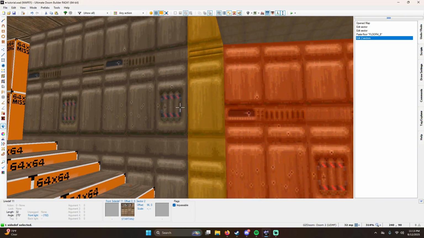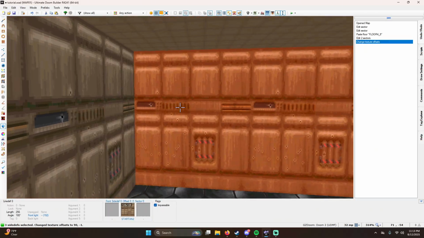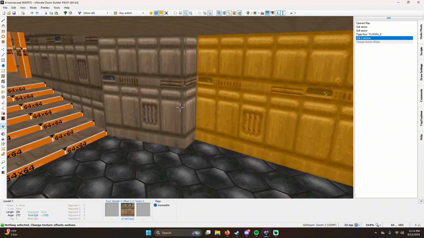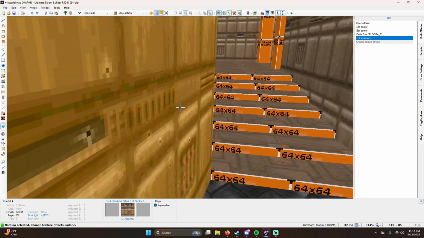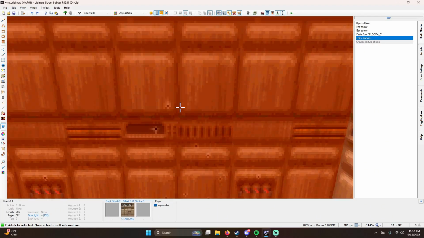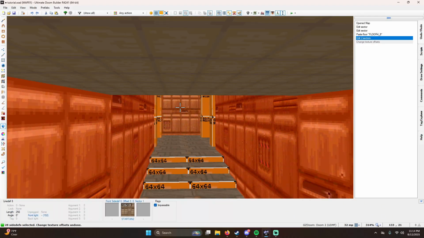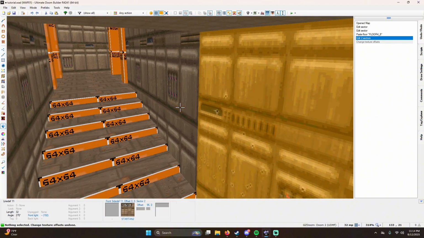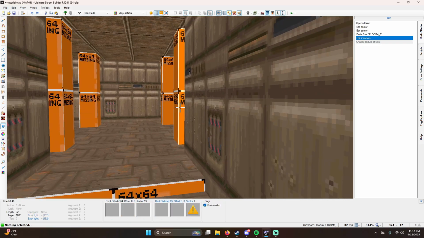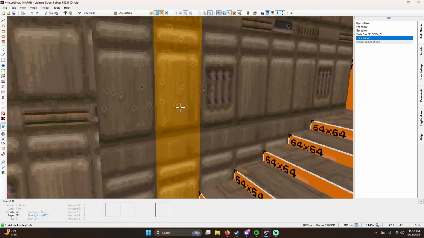So before you start repeatedly clicking on all of these, there is an easier way to do it. You can click on both of these and shift click on the